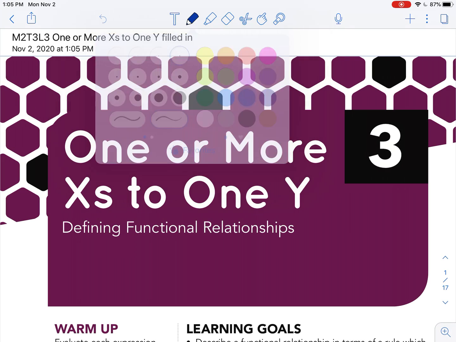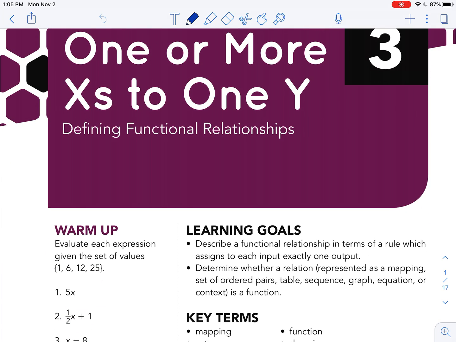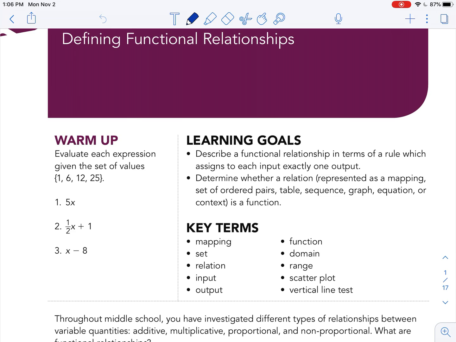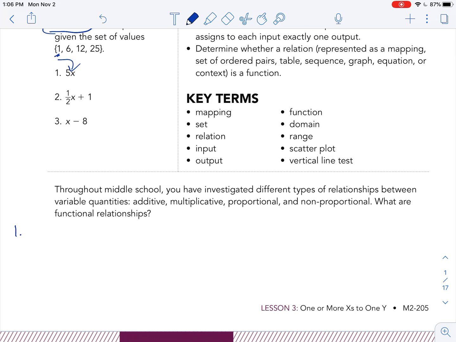Okay, so we're starting with 1 or more x's to 1 y. And the very first thing for the warm-up, when it says evaluate, it's meaning you take this number and you plug it in right here. So for number 1, we'll take 5 and we'll plug in 1. We get 5. We take 6 and we get 30. We take 12 and we get 60. We take 25 and we get